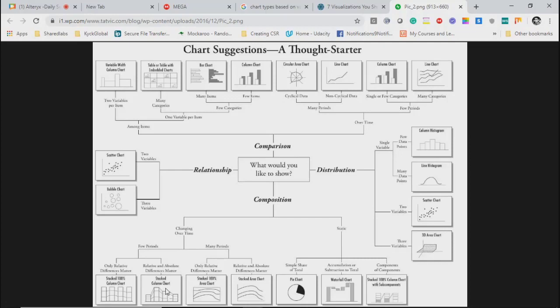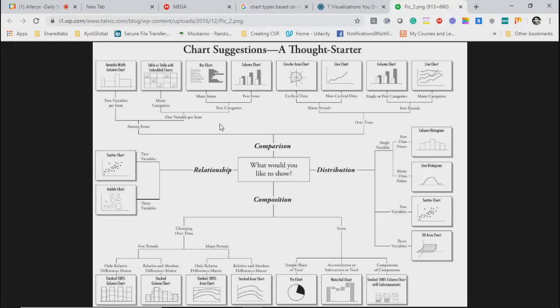Correct. You are right. So basically, you are kind of fixing one category as 100%, and out of that, you are showing the distribution or composition, right? The same thing happens here. And these are the simple stacked columns. If you go at the top, these are the comparisons. So all your time series data or line charts, even if it is column, they will come here if you're trying to show the comparison. Like comparison can be over the time, or it can be simple comparison between two variables.